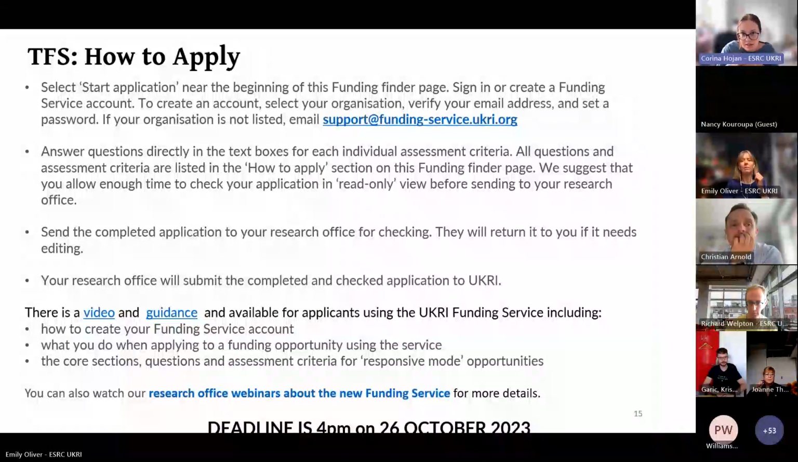So once you've completed that, we suggest that you save the application in read-only view and take a look at it in that view before you send it to your research office, just so you can spot any mistakes or any sort of formatting issues that you might want to fix before sending that to your research office. Once that's sent to your research office, they will do any final checks that they need to do before they